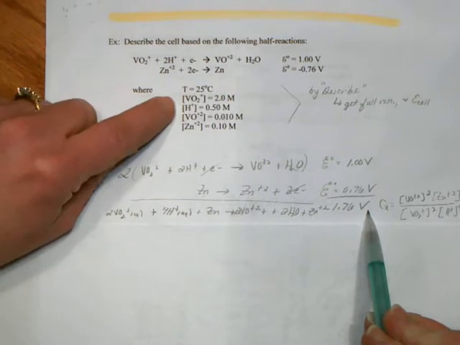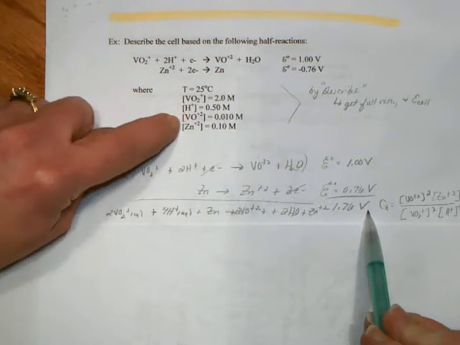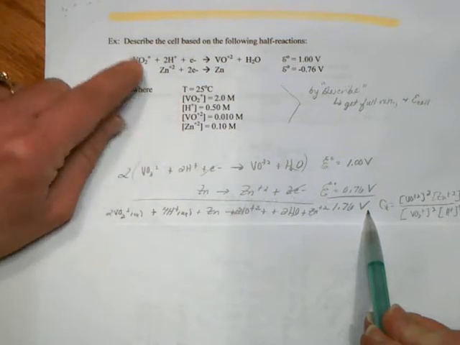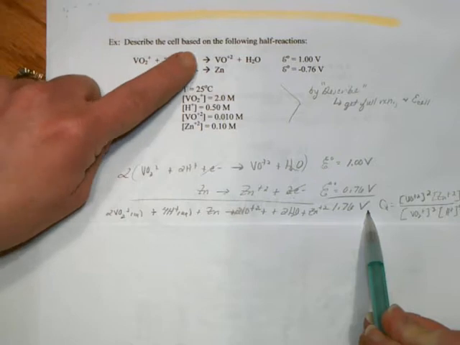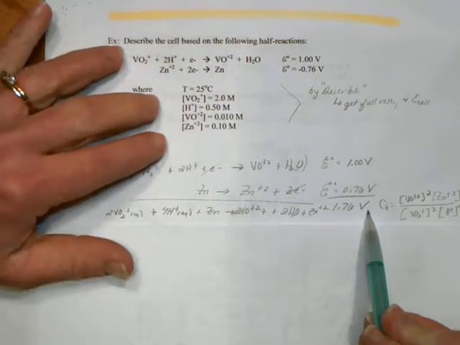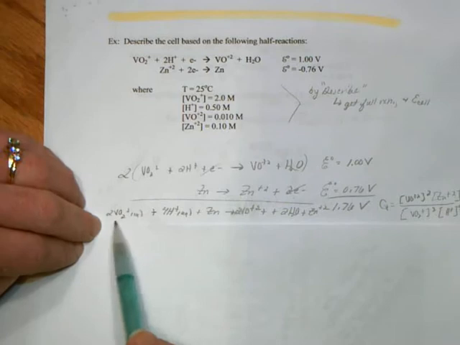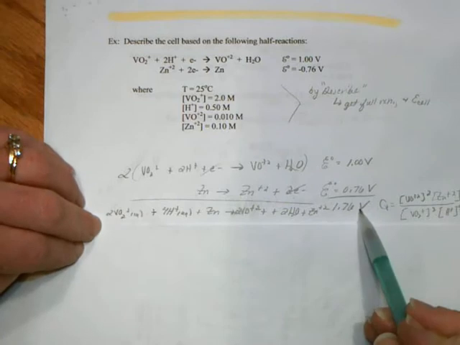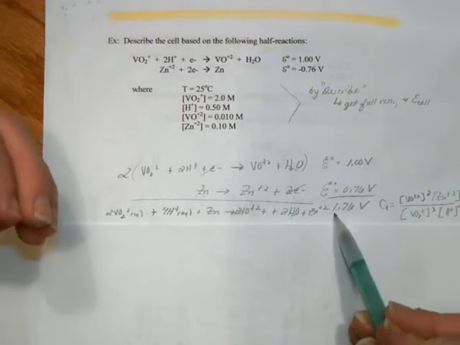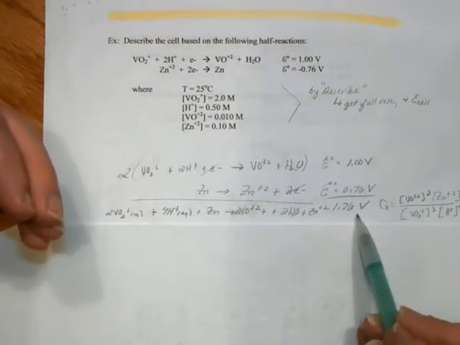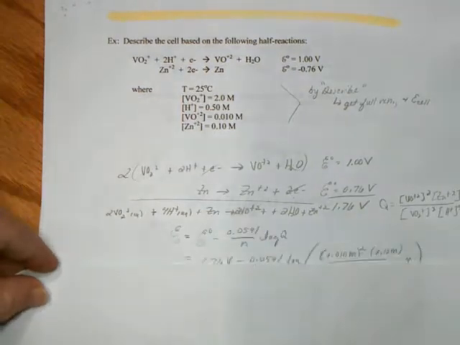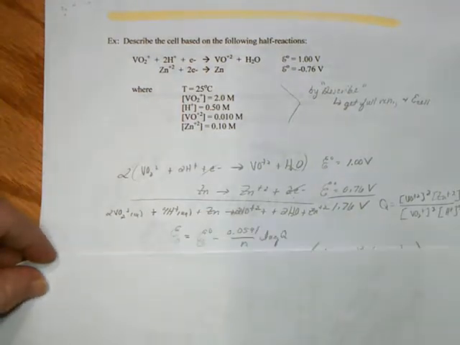Well, as you see, we are not working with 1 molar solution. So when it says describe the cell based upon this given information, well, we need our balanced reaction. We need what the E would be, but we go from the E naught. So we would apply the Nernst equation,